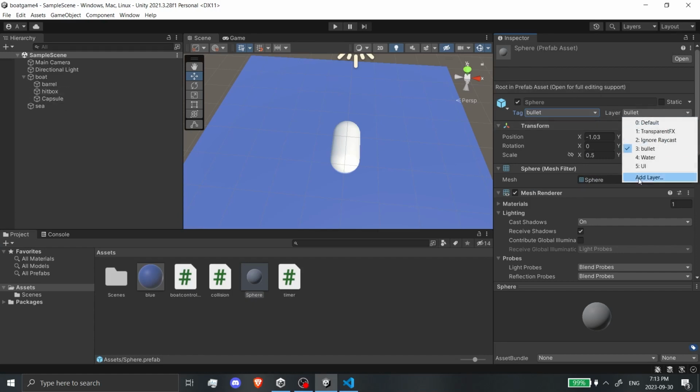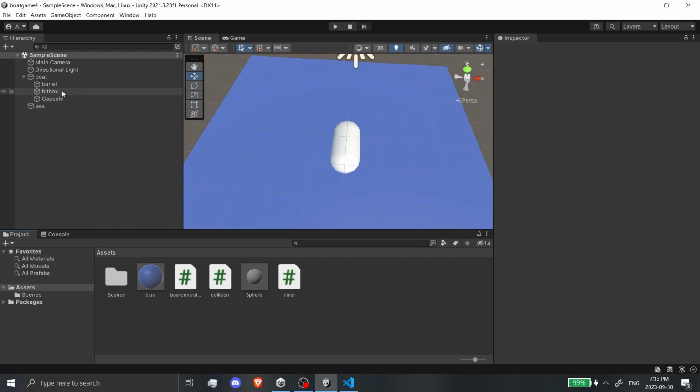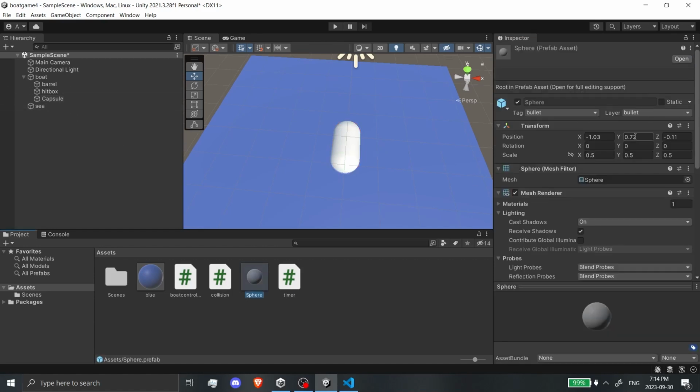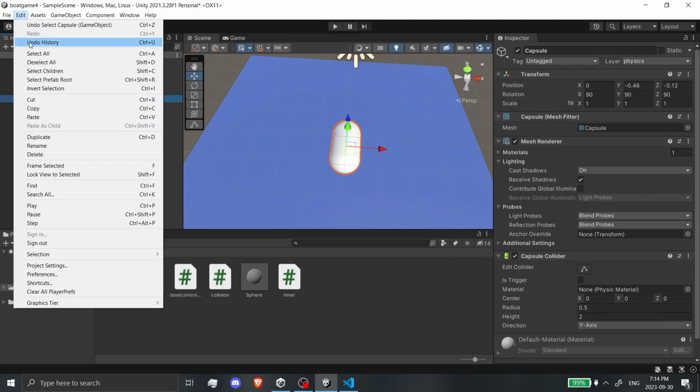How we can do that, we're going to create another layer, and we're going to call it physics. And this will be the layer that our capsule will be in. So if we set our physics layer so that when balls hit the other boat, the boat doesn't go flying. So make sure the layer is bullet, the capsule is physics, and to change the values we go to Edit,